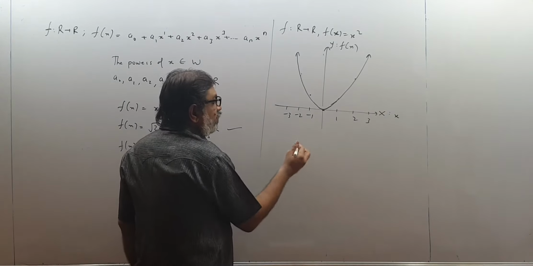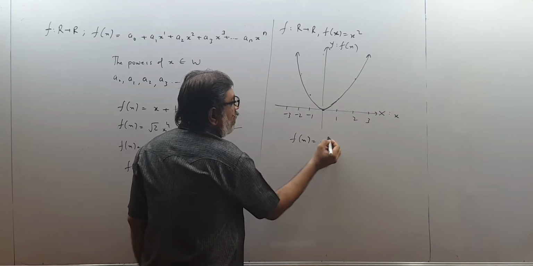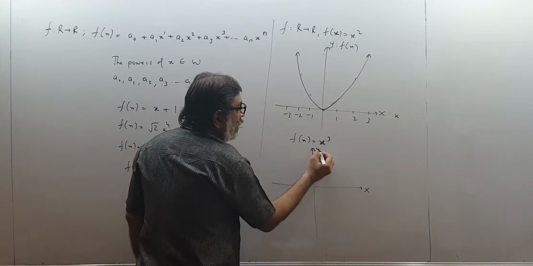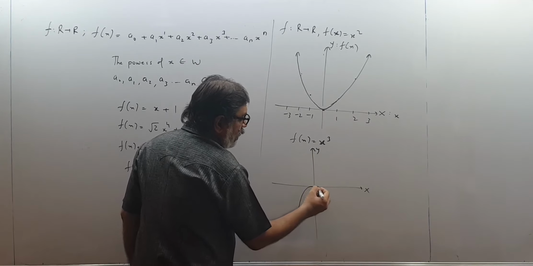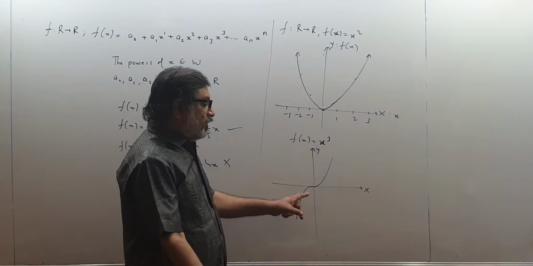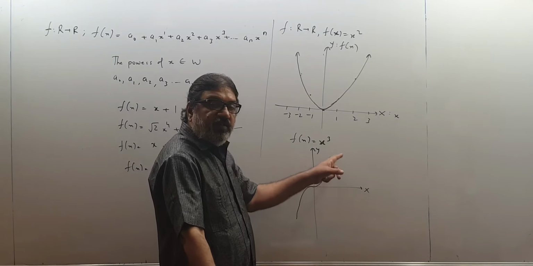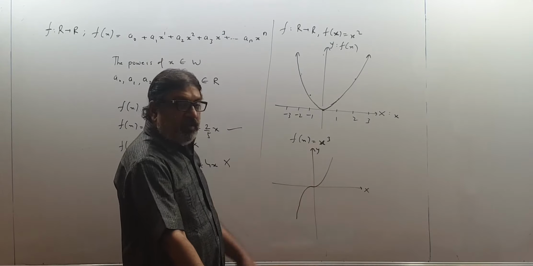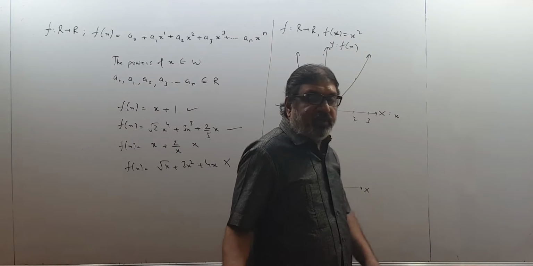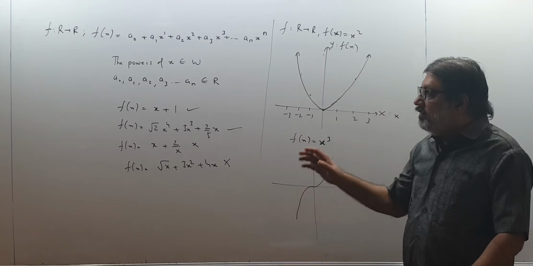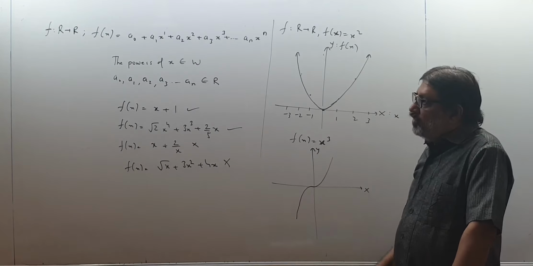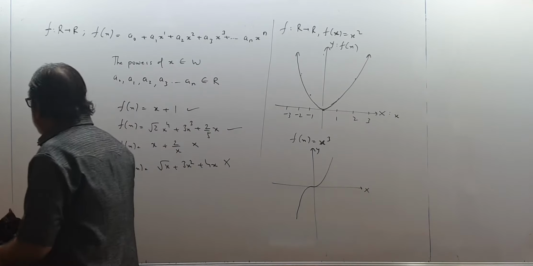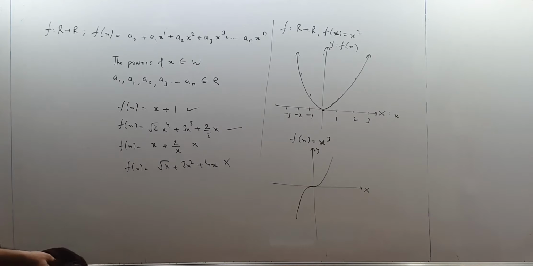If you have f(x) equal to x cubed, so this graph if you draw, children, it will come out like this. For 0, 0; 1, 1; 2, 8; 3, 27; minus 1, minus 1; minus 2, minus 8; minus 3, minus 27. This will be the shape of the graph for f(x) equal to x cubed. And many more we will see, don't worry. So what is the polynomial function that I told you? Then please pause and copy.